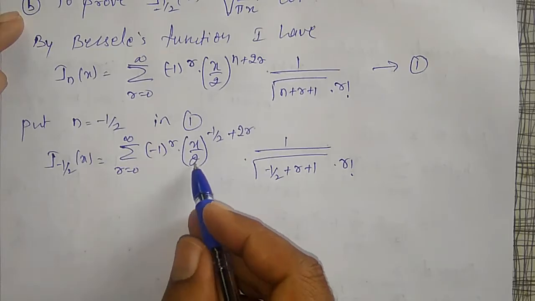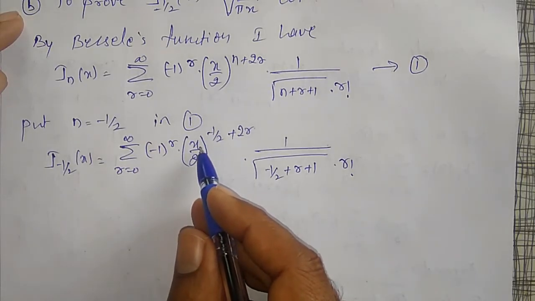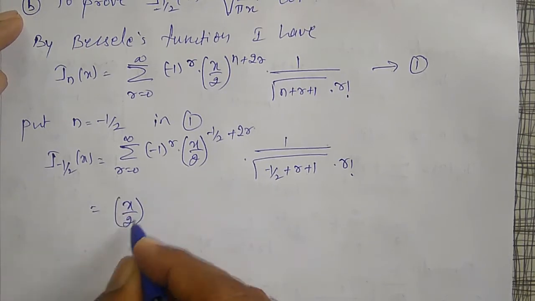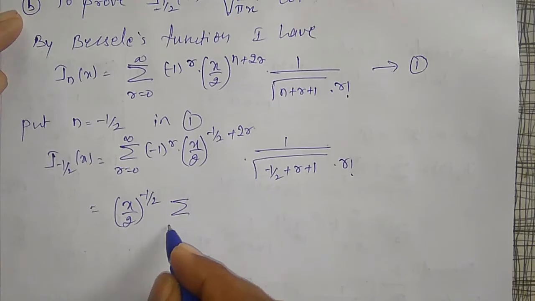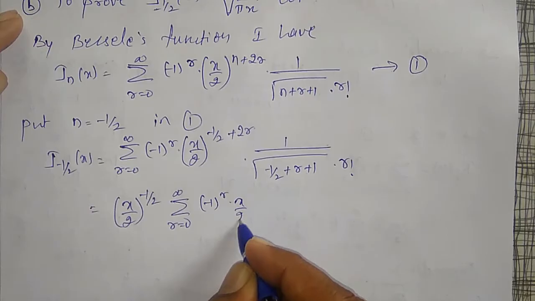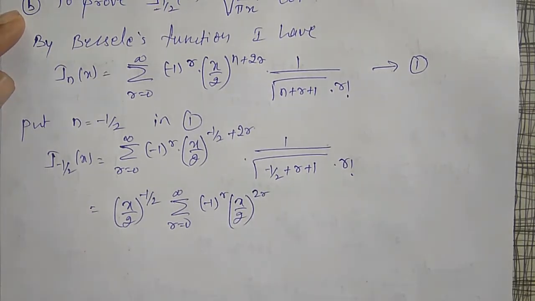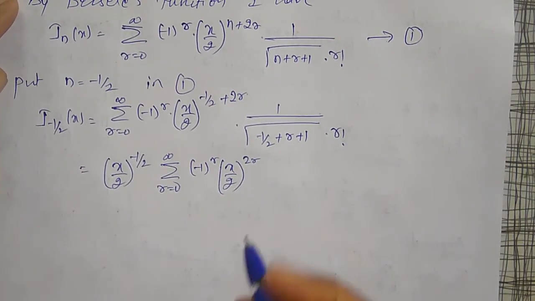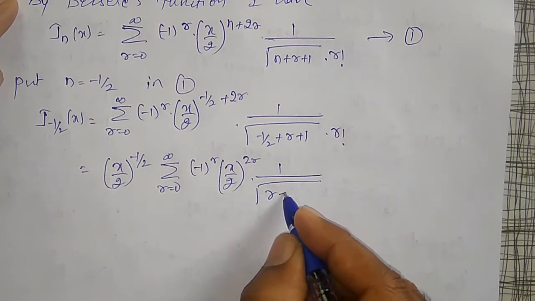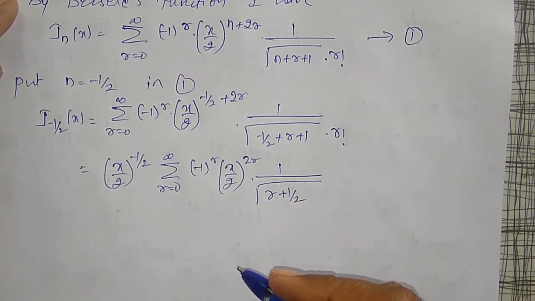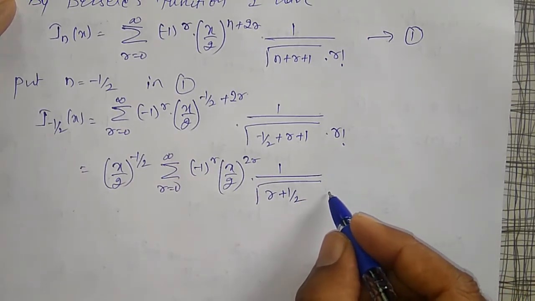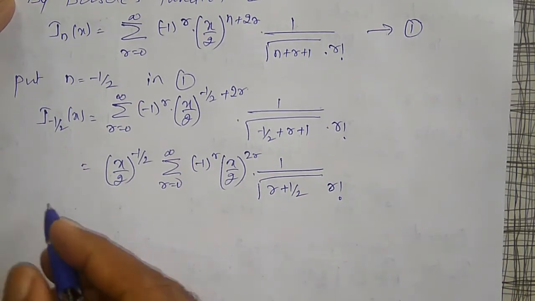Now what I will do, I will split this x by 2 to the power minus 1 by 2 and take this one to the outside. That will become x by 2 to the power minus 1 by 2, summation r equal to 0 to infinity, minus 1 to the power r, x by 2 to the power 2r will remain, into 1 divided by gamma function of r plus 1 by 2 will remain, since minus 1 by 2 plus 1 will become plus 1 by 2, into r factorial. Expanding this,